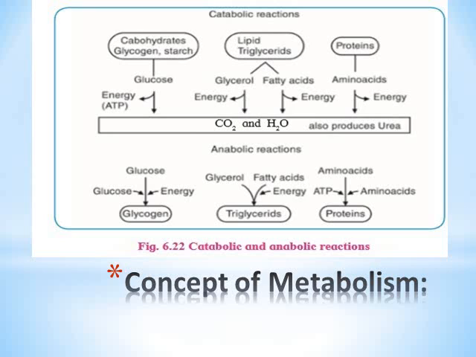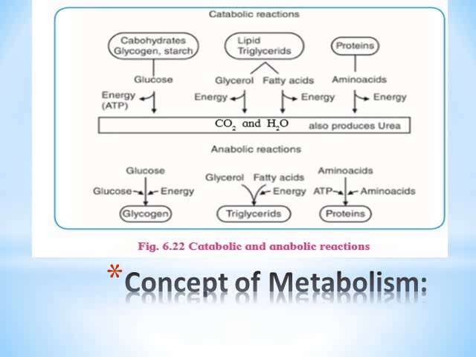In living systems, cells are work centers where metabolism involves two types of pathways, that is the catabolic pathway and the anabolic pathway. The catabolic pathway leads to the formation of simpler structures from complex biomolecules. For example, when we eat wheat bread or chapati, our gastrointestinal tract digests or hydrolyzes the starch to glucose units with the help of enzymes and releases energy in the form of ATP, that is adenosine triphosphate.